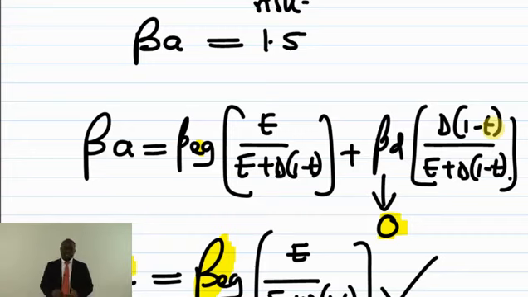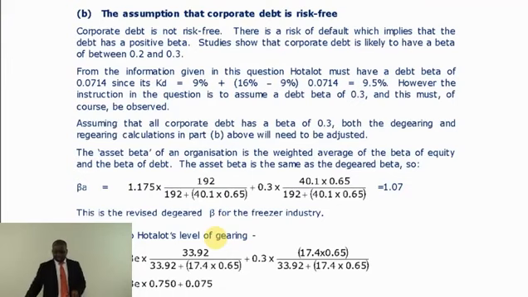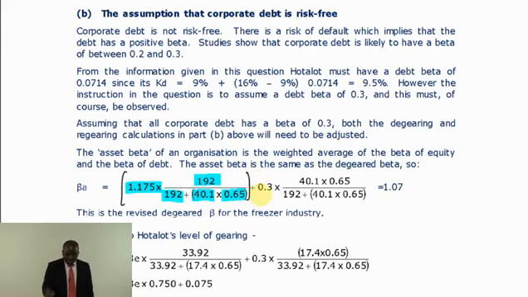So given this question, we assume that debt is going to be having a beta of 0.3. So we can't do what we did earlier. We have to expand the whole formula. Okay, so we are going to repeat the stages again. We would have to pick a proxy beta. So when we pick the proxy beta, just as we did, the proxy beta average was this. The market value of equity, if you remember, is 192, 40.1, and 0.65. This is what we did earlier, on the assumption that debt beta was 0 and everything there is going to be 0. But now, debt beta is not 0.